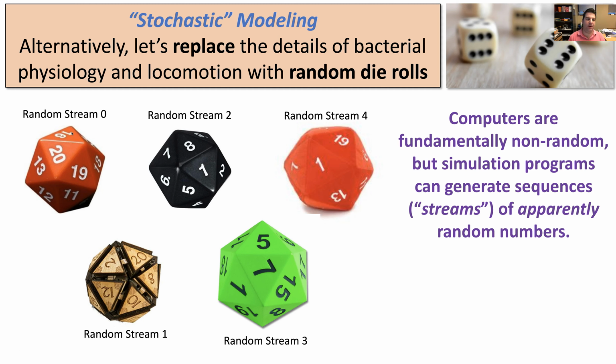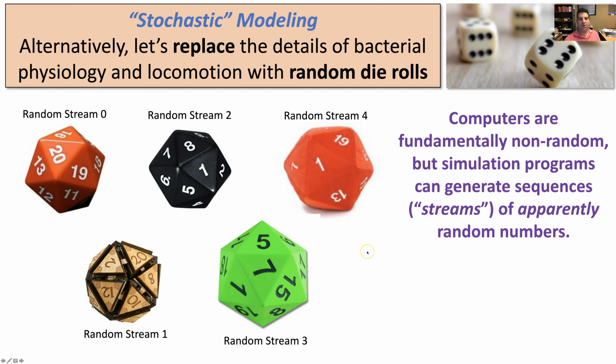So that would be pretty weird if you grabbed a 20-sided die and you rolled it a bunch of times, and then you put it away, and then the next day you got it out again and rolled it, and you got the exact same sequence out again. Well, that's very much the way randomization works inside a computer. So instead, the simulation designers have designed for us multiple streams.